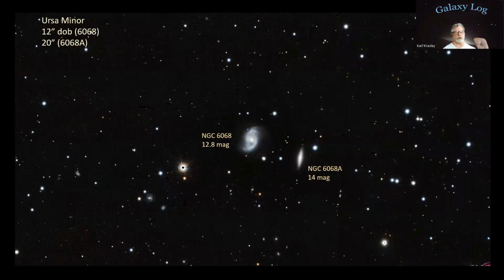And here again for minimum, it's going to be the 12-inch Dob, but I think on a really good night, 6068A should come up with the 12-inch Dob. So I'll probably be able to get both. But definitely with the 20-inch Dob, I should have no problem seeing 6068A. Okay, this is the summary of this galaxy log